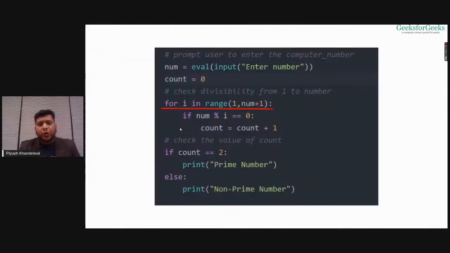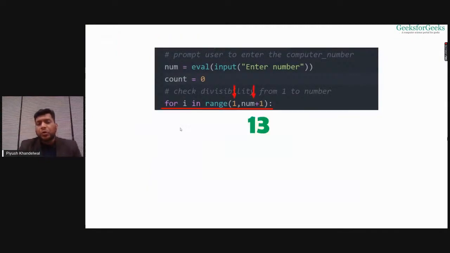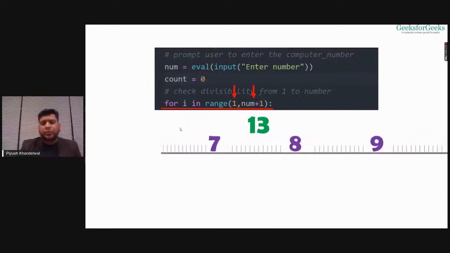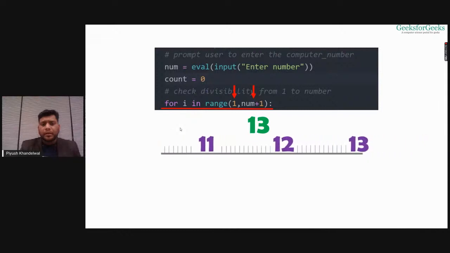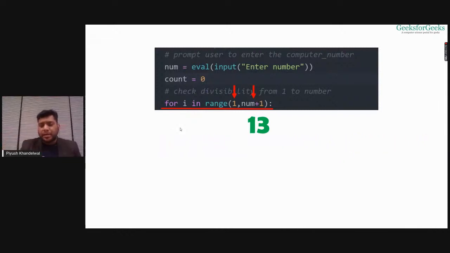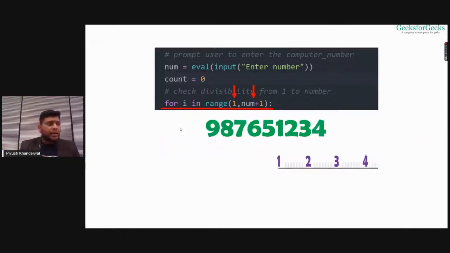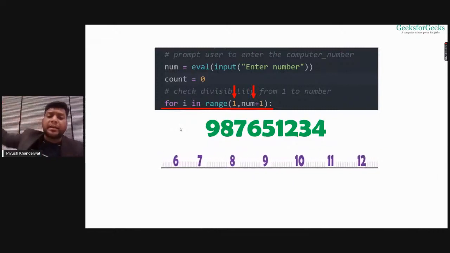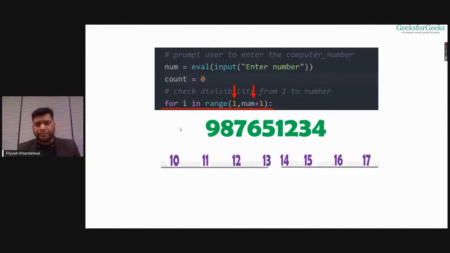See this for loop. What this for loop is doing, it is running from 1 to num plus 1. In case of 13, when I run, it runs only 13 times, so this executed very fast. But in case of this number, it is executing up to 10 to the power 9 times, and it will take a lot of time.